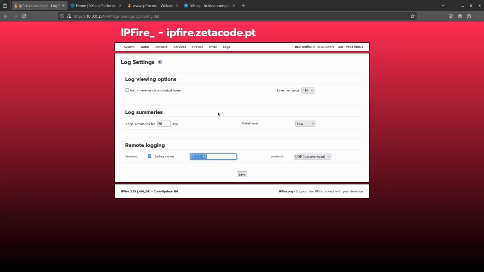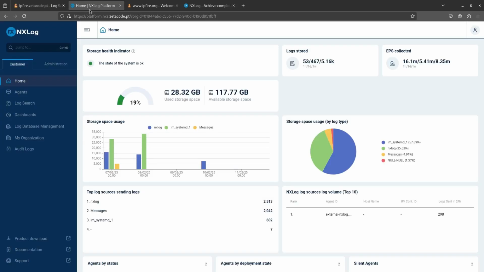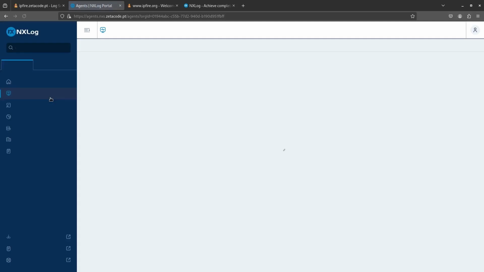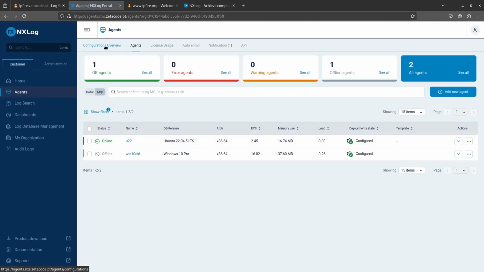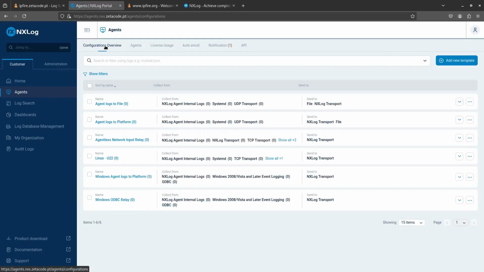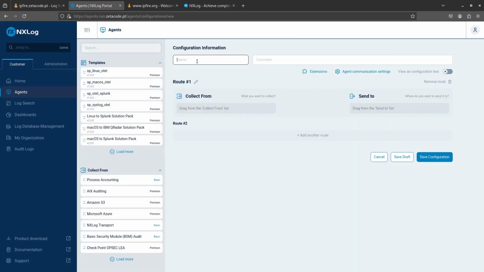Then we need to configure the NXLog Platform agent to receive IPFire firewall logs. So we go to our platform, click on Agents, go to Configurations Overview, and create a new template. We're going to give it the name IPFire firewall